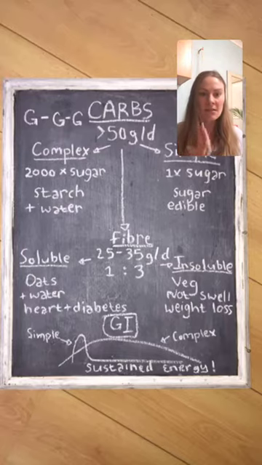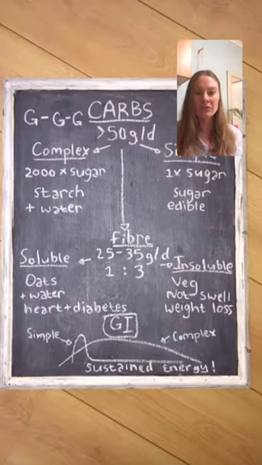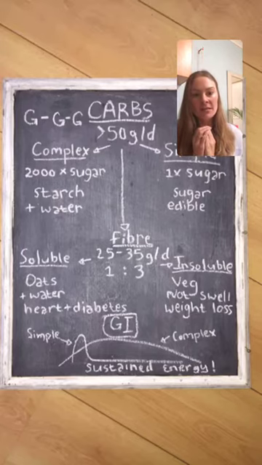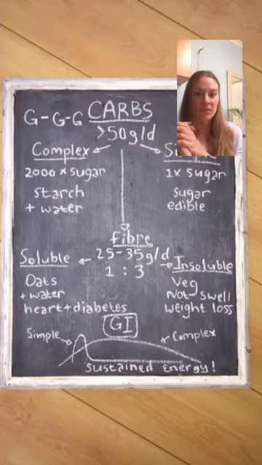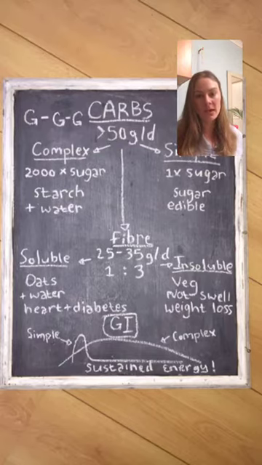Now, the second thing is the complex carbs. So complex carbs have a whole lot of different sugar molecules, about 2,000 of them all stuck together. That's why it's called complex. So it's just like the cane sugar, but just a lot of them stuck together. And how do you know it's a complex carb? It's when you need to add water in order for you to be able to eat it. So you first need to cook it so that all these complex molecules separate, and then you are able to eat it.